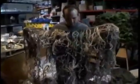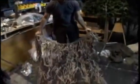We got ourselves a sniper blanket. It's already made up. It's been made, as you can see, in a desert pattern. It's got the tans, it's got some browns, and it's got some blacks. Pretty much a sniper blanket